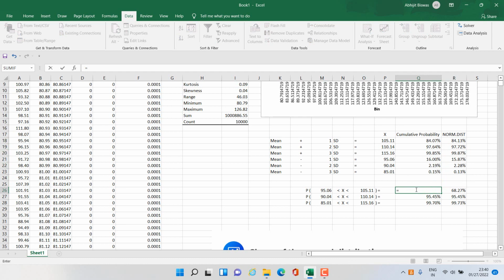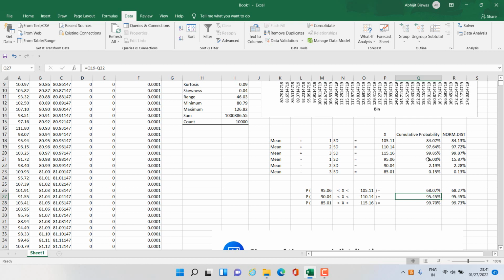So cumulative probability corresponding to 105.11 is this, minus cumulative probability corresponding to 95.06 is this. So this will give me the probability that the x lies in between 95.06 to